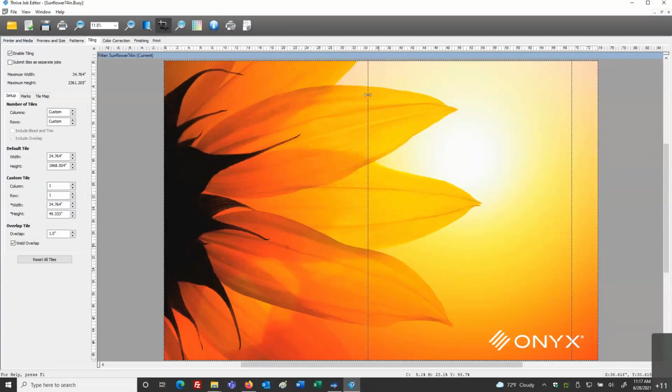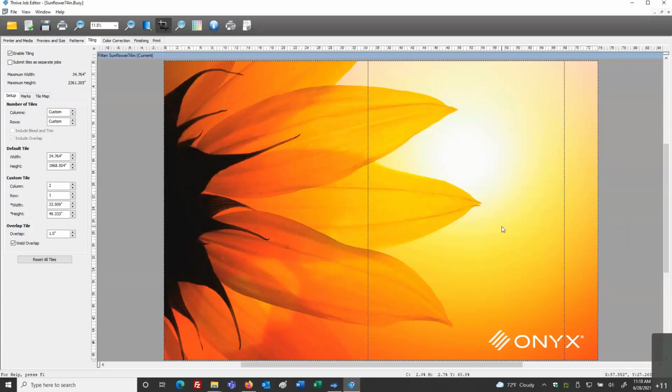So now, if I said, well, I don't like the way this one line is cutting where the X is in Onyx, it might be kind of tricky for the installation team to set up. I can move this if I want to. I can click on that line and get a bidirectional arrow and move this. I can also further say, well, I don't like this small piece that's here, which is so many inches, very tiny strip for them to work with in tiling. And so I might decide I want to adjust these columns and have a different spacing.